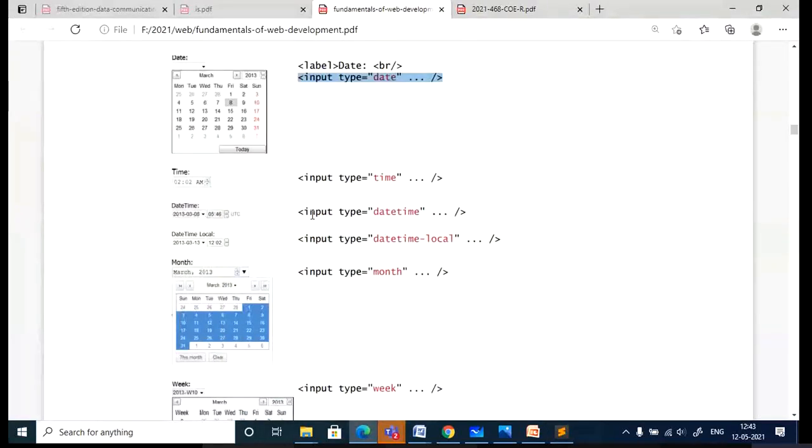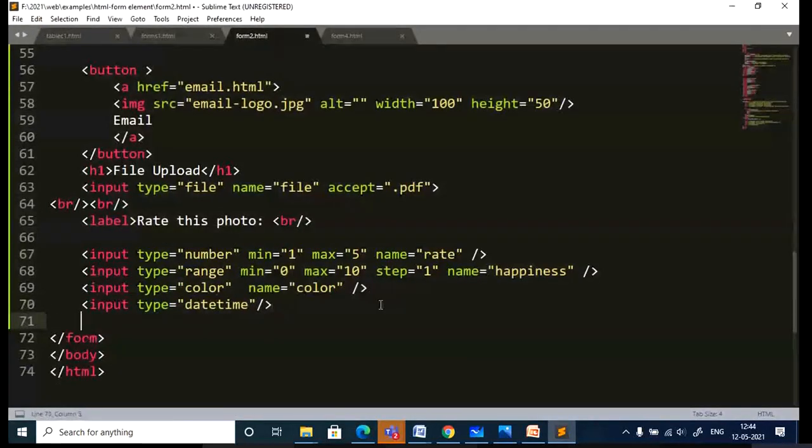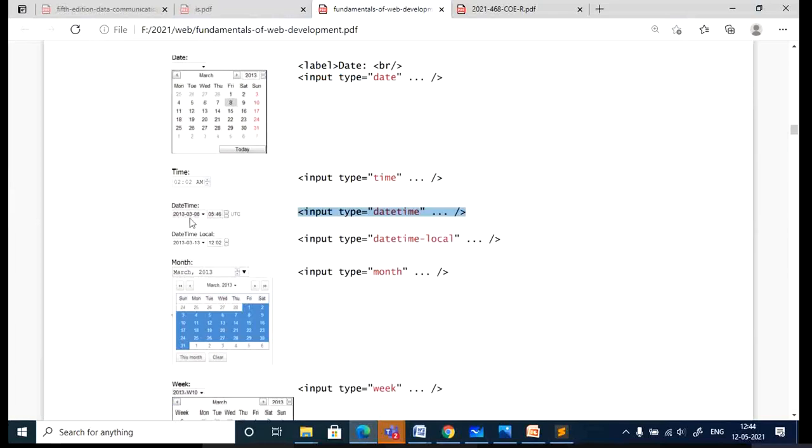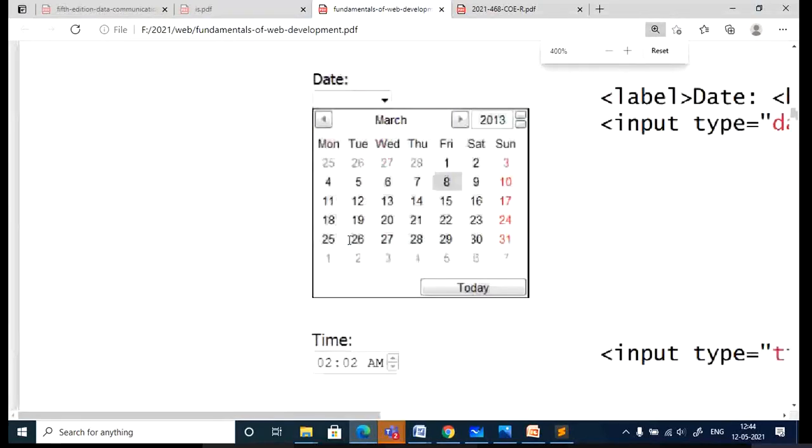For date and time I should get it like this. I am not getting it.